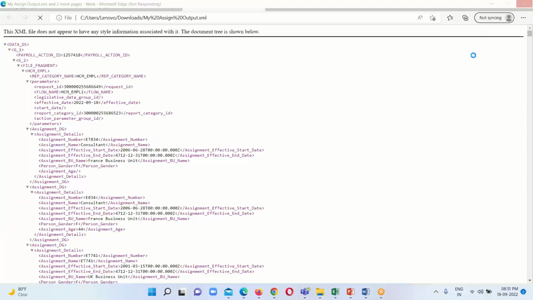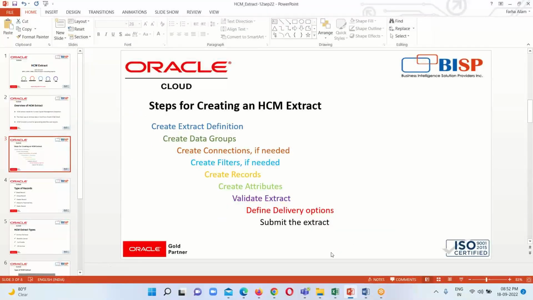So here this is basically assignment DG is our root data group, and assignment detail is our record. And under this assignment detail record, we have these 7 attributes: assignment number, assignment name, effective start date, effective end date, assignment business unit name, gender, and age. So these are the information which we had extracted in our HCM extraction. And this is all about our today's session